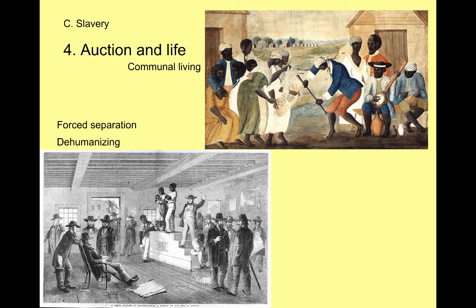Next, let's say now that you have been purchased by a plantation owner, and now you're going to go live on the plantation. So what is life like on a plantation for a slave? Well, first of all, most of the slaves will be on these large plantations. There are, of course, slave owners who are maybe middle class or upper lower class who own a few slaves, maybe 20, maybe 10, maybe just one. But most of the slaves will be put on these large plantations, especially as we go into the 19th century.